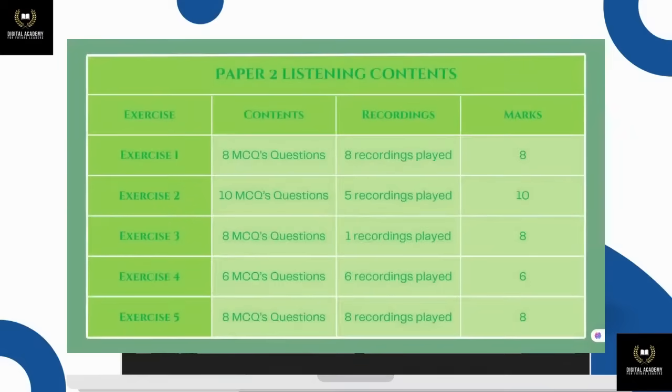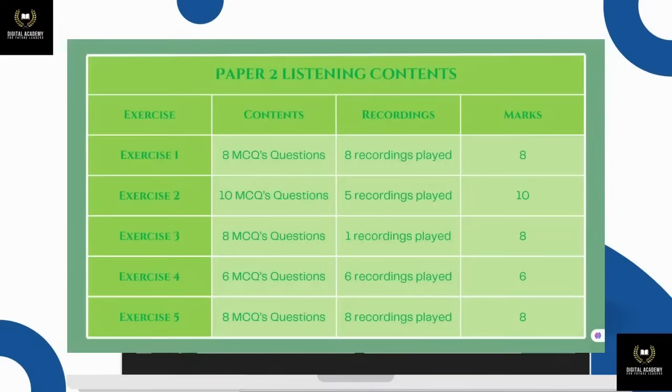Moving on to the paper pattern of paper 2, the listening exam. Previously, this exam was a listening and a writing paper, but in the recent years, they have changed it to just listening and MCQs paper for children's feasibility. This paper has 40 marks, 1 mark for each question. For the first 44 minutes, a recording will be played and you will answer the questions. And in the last 6 minutes, you will have to fill in the MCQs card.